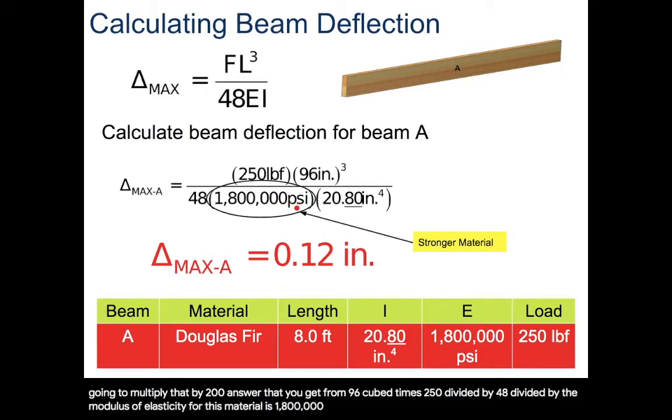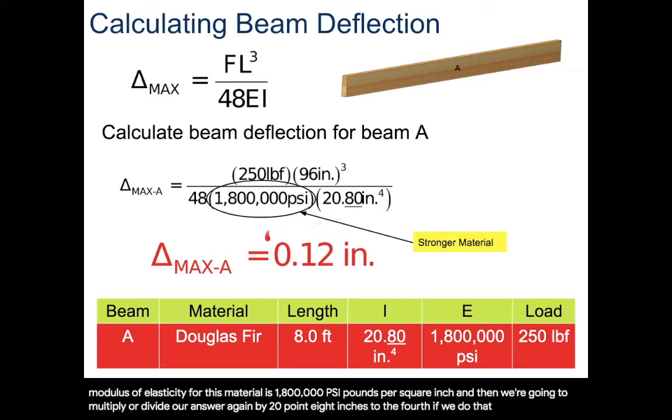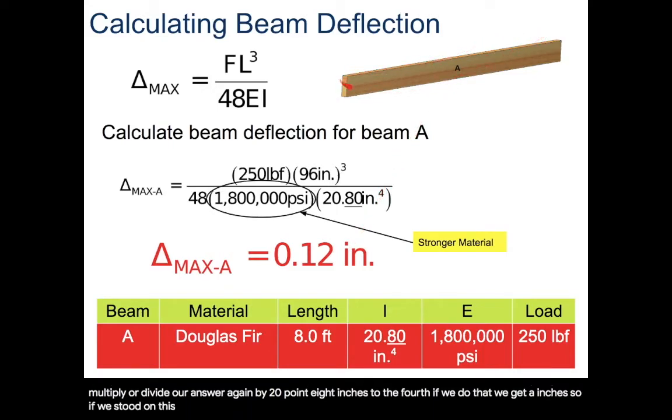1,800,000 psi, pounds per square inch. And then we're going to divide our answer again by 20.8 inches to the fourth. If we do that, we get a maximum deflection of 0.12 inches. So if a 250-pound person stood on this beam, a 96-inch beam made of Douglas fir, that beam would bend 0.12